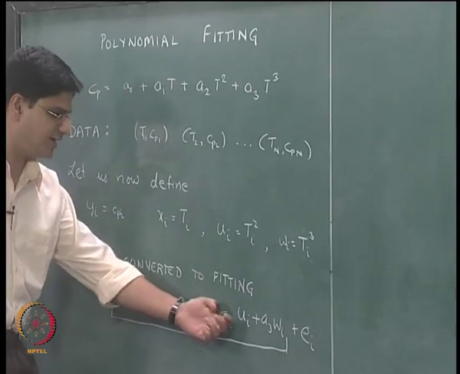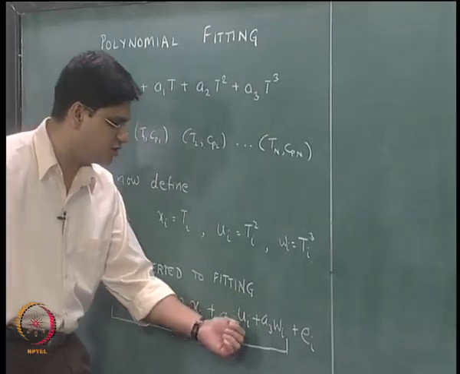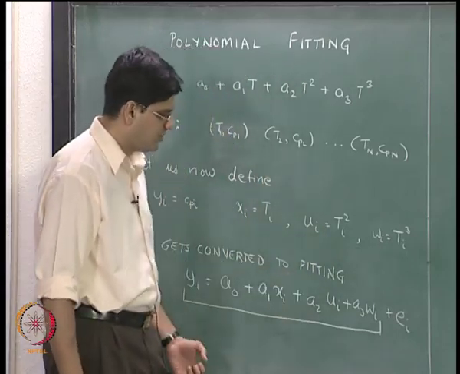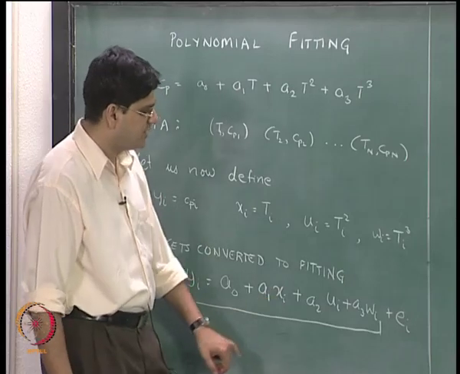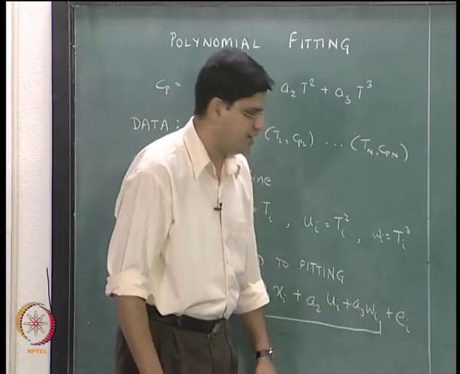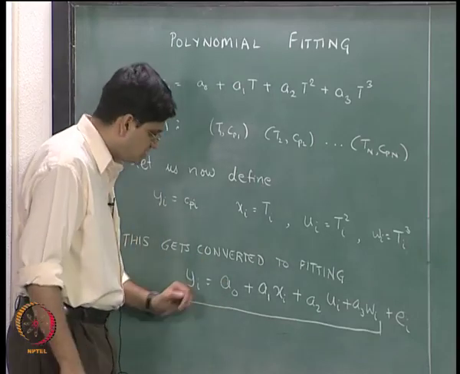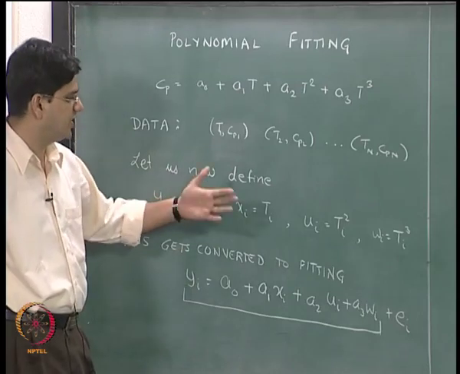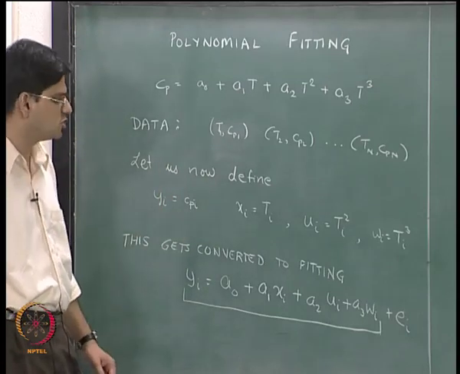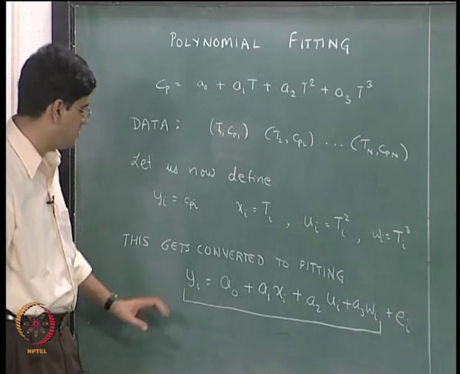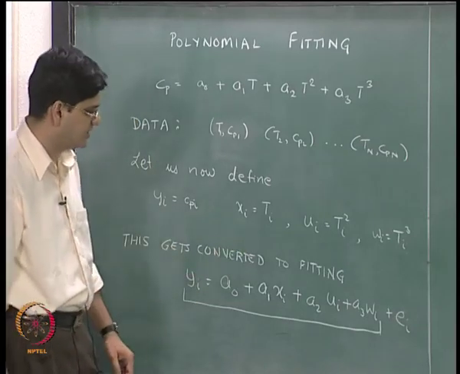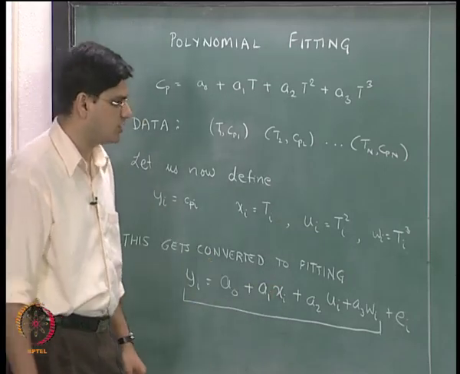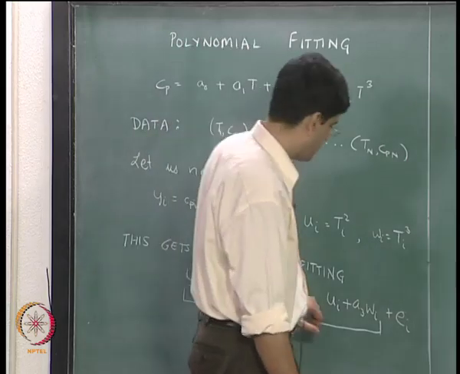In this case x, u and w are not three independent variables as we had in the previous lecture, but instead x is going to be temperature T, u is T squared and w is T cubed. Okay. Once we write it in this form, we can then use the same ideas of multilinear regression, and we can then go ahead and obtain the overall solution, and this is going to work as well as a general multilinear regression of that form. So let us see what we got in the multilinear regression case for this particular model.